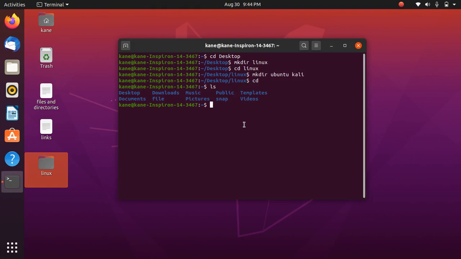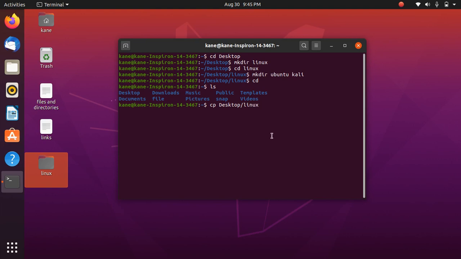So cp, here you need to mention the source. Source simply means where you want to copy the content from. As linux is in the desktop directory, it is desktop slash linux.